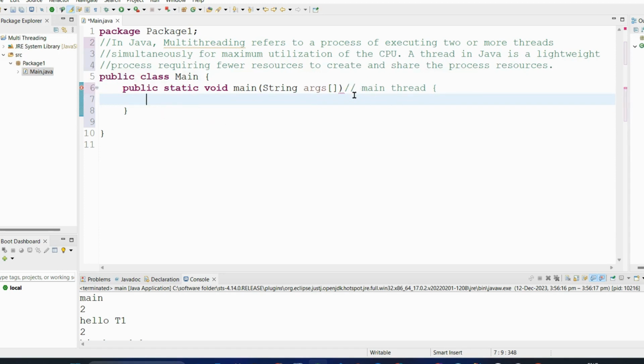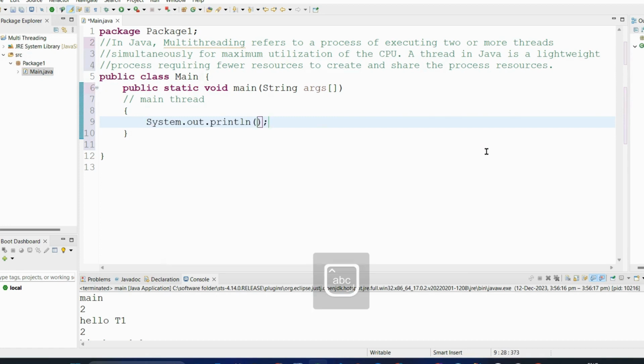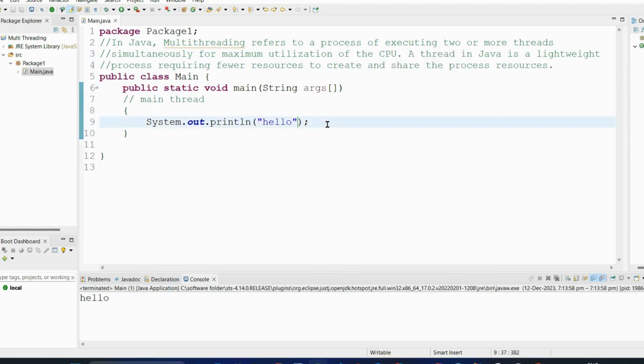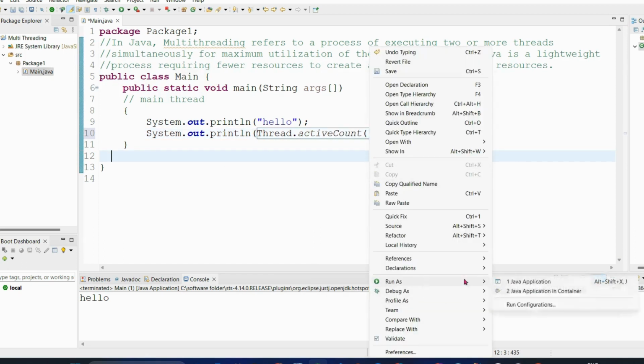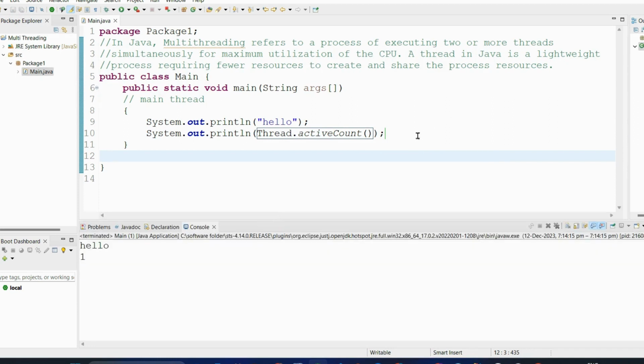So if you run hello, there are some methods for checking how many active threads there are now. Let's check Thread.activeCount. There is only one thread, so it will show you one. And let's also print